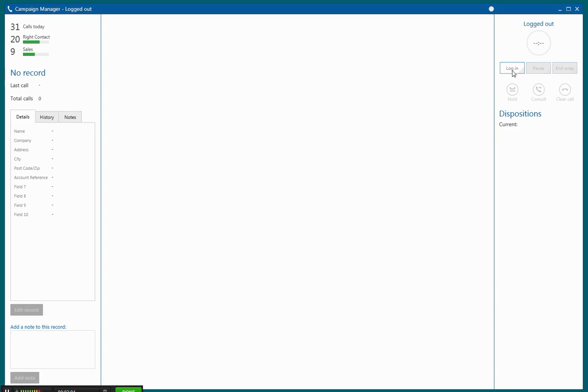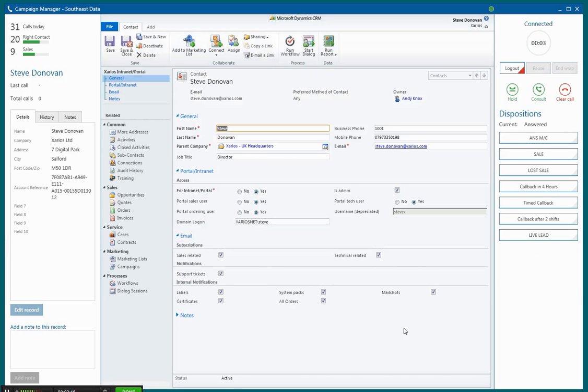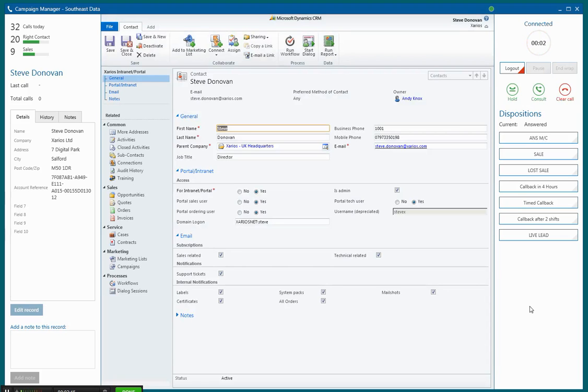So let's see this in action. So I've logged in, it's counting down to 0 for wrap up, and now it's going to dial the first number. It's going to screen pop the contact record for Microsoft CRM, Microsoft Dynamics CRM. And you can see that it's populated here the contact data that was imported into the dialer. And now in this case, let's say I'm going to say that that was just an answering machine. The answering machine is designed to give me 10 seconds of wrap up, and it'll just hang up the call automatically. And you'll notice that when the wrap-up terminates, it will dial the next number automatically for me, screen pop the next record, and when I get connected,